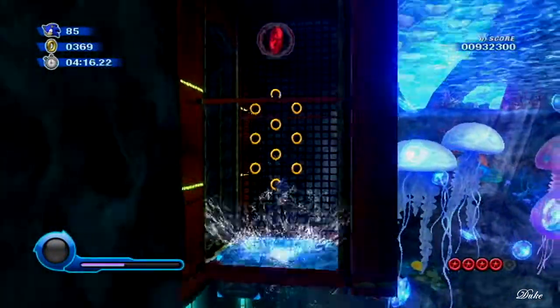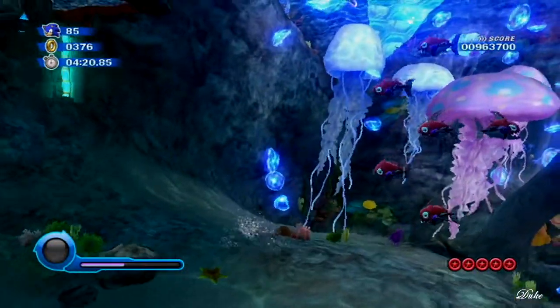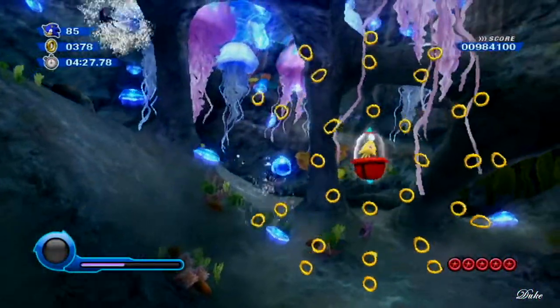Jump out of the water. And once you jump out of the water, you actually do get your double jump back, regardless if you jumped in with the double jump. Nice. Okay. The gold ring's right around the corner, but first,